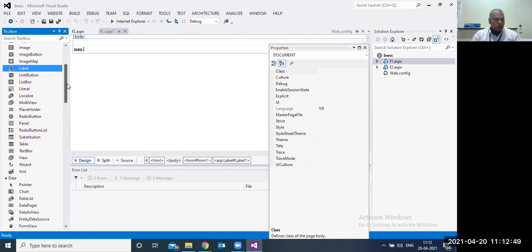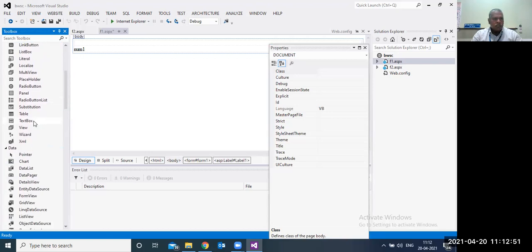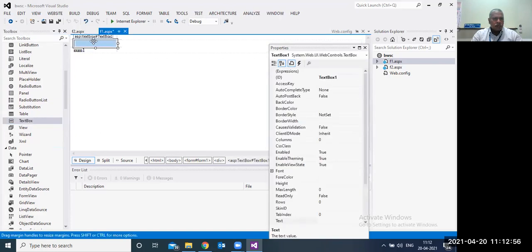Next control is the text box control. Text box control, you know, it is an input control. This is text box. I'll paste it here. To get the input from the user, text box control. The name is text box 1, the default name that it will give. Another, I will make it as a program. I will take 2 numbers. Using the add button, we will add and display it in the third text box.